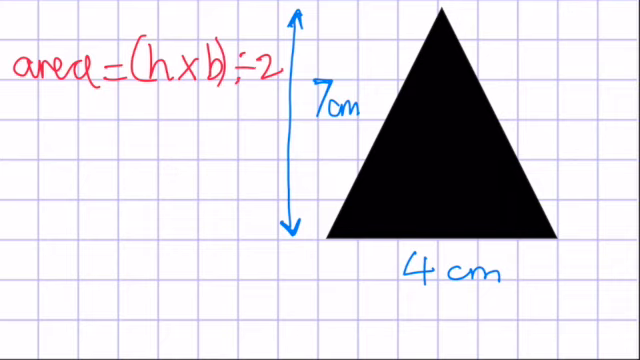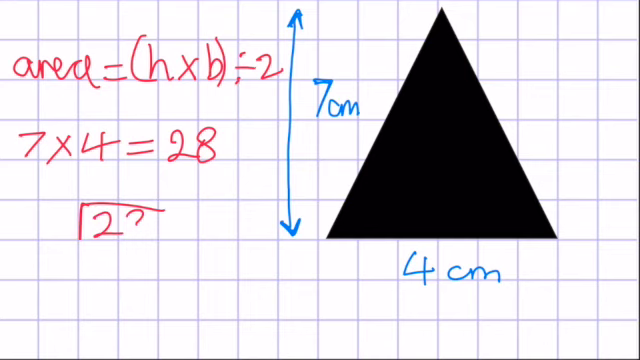So if I'm looking at this particular triangle here, 7 times 4 equals 28. 28 divided by 2. 2 goes into 2 once. And then 2 goes into 8 4 times. So the area is 14 centimetres square. Now, when we did that lesson, you may not have noticed, or you may have noticed,